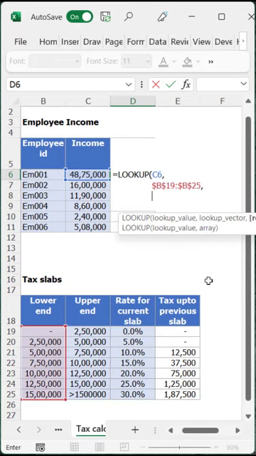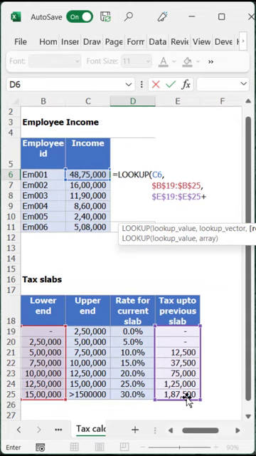So what I'm going to give is the tax up to previous slab. Rather than selecting a single value, I'm going to select the entire slab here, plus income falling in the slab, which is current income minus the base of the slab. Instead of selecting a single value, I am going to select the entire vector once again, multiplied by the tax rate.